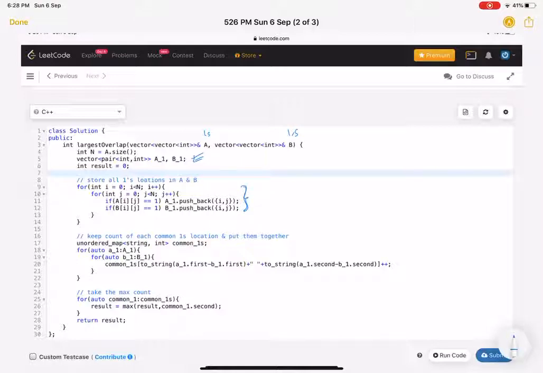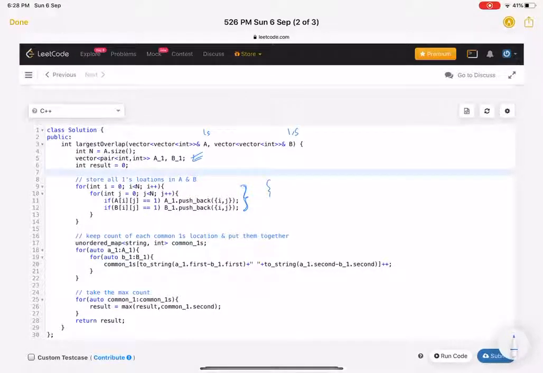Once we have the list, for example, I have each row and column for A and similarly for B, we can create a key, like for -1, we will just do row to row here and then column to column here.